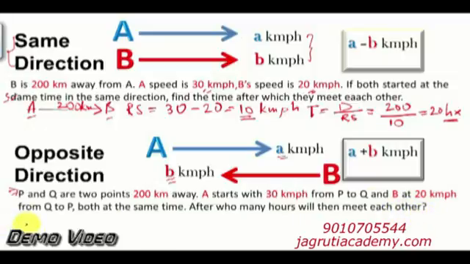Let's take point P and point Q. What is the distance between point P and Q? As given here, 200 kilometer. A starts from which point? Point P with a speed of 30 kilometer per hour. So I will take A here with a speed of 30 kilometer per hour. He starts from point P to point Q, whereas